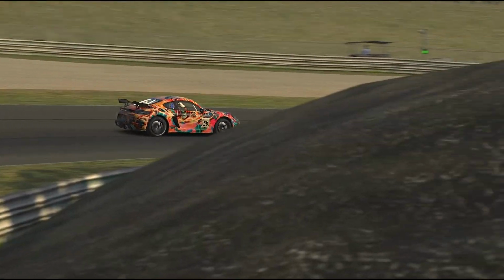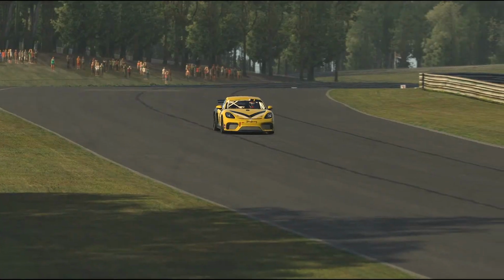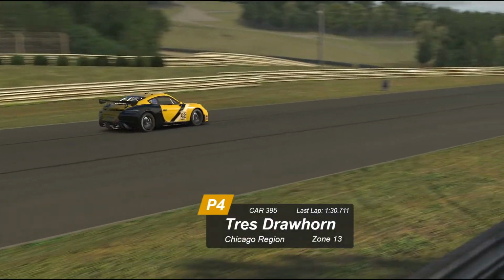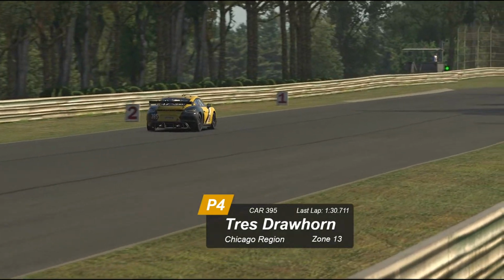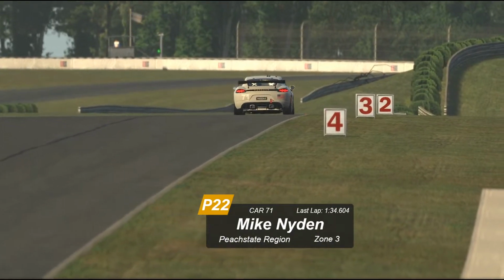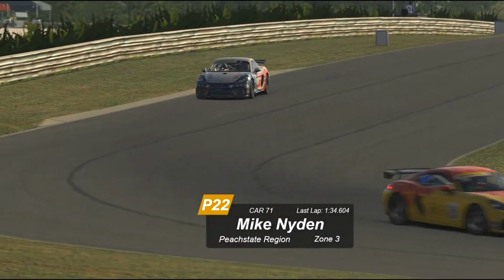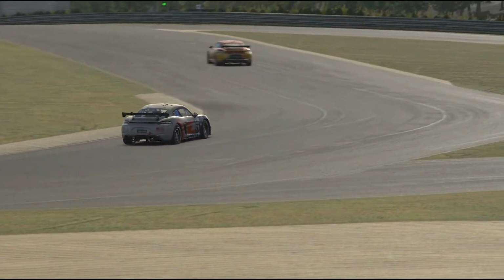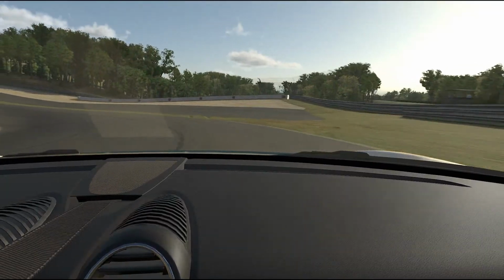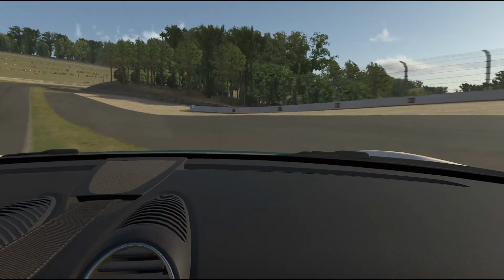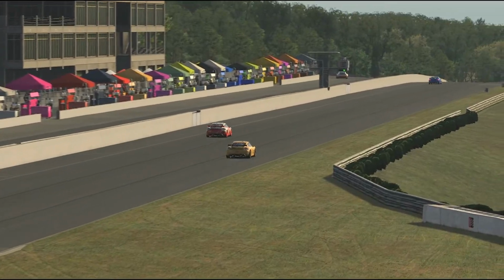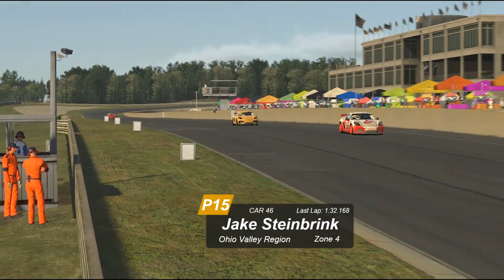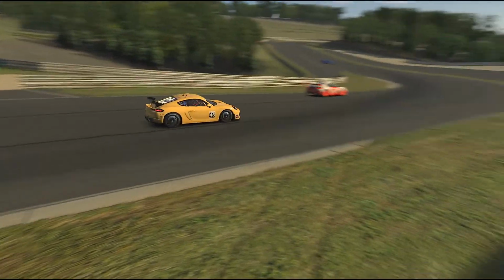Robert Cottle going to continue to slide down the running order, and had a big issue there coming up the hill. He's just ahead of Jake Steinbrink, and was running in 13th, and is going to lose that spot back, and is going to have to go all the way back into P14 as he's going to come through the final 2 corners to complete his run this evening along with Jake Steinbrink. Those two come across the line, and as they finish up,